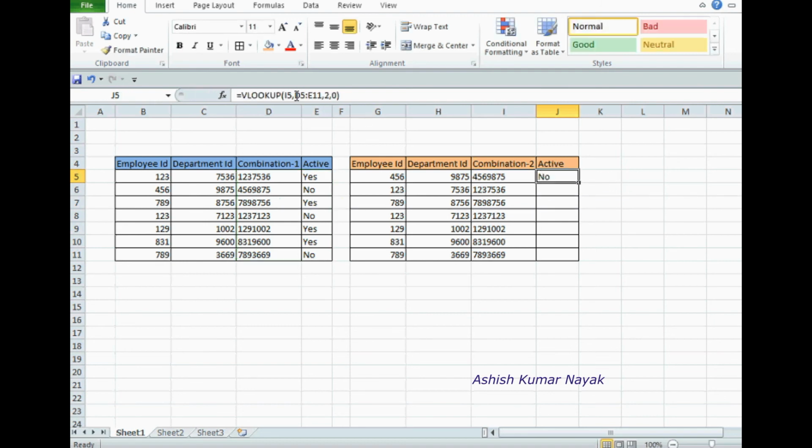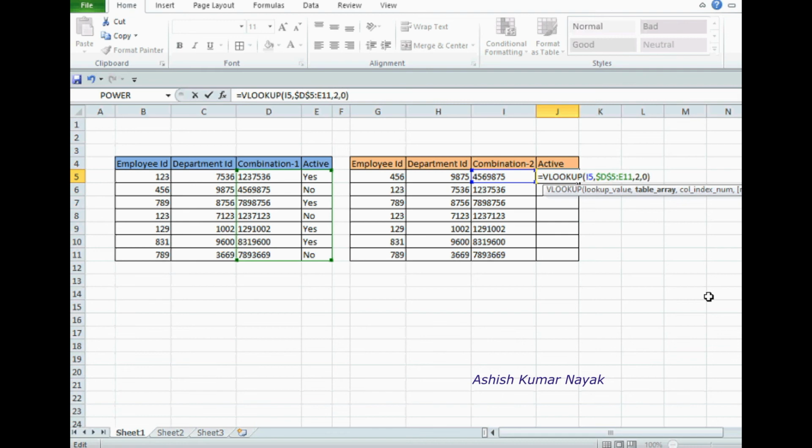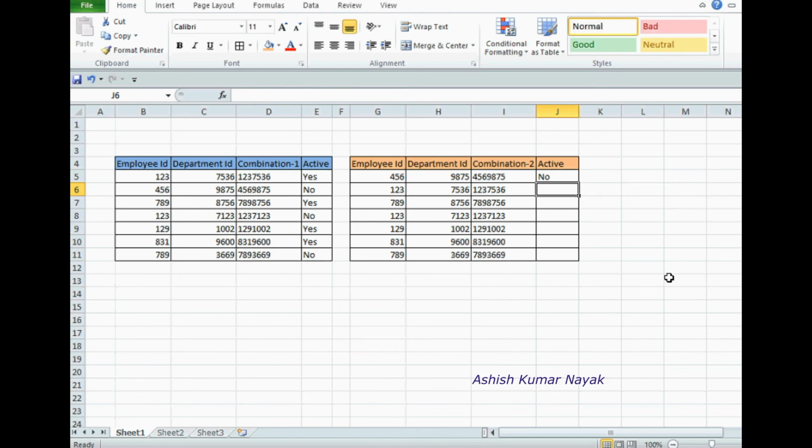Now change these values. Before D, let me double click here. Before D, type a dollar value. After D, type a dollar value. Before E, type a dollar value. After E, type a dollar value. Press enter. Now select this cell, put the mouse cursor like this so that the cross mark will be displayed.